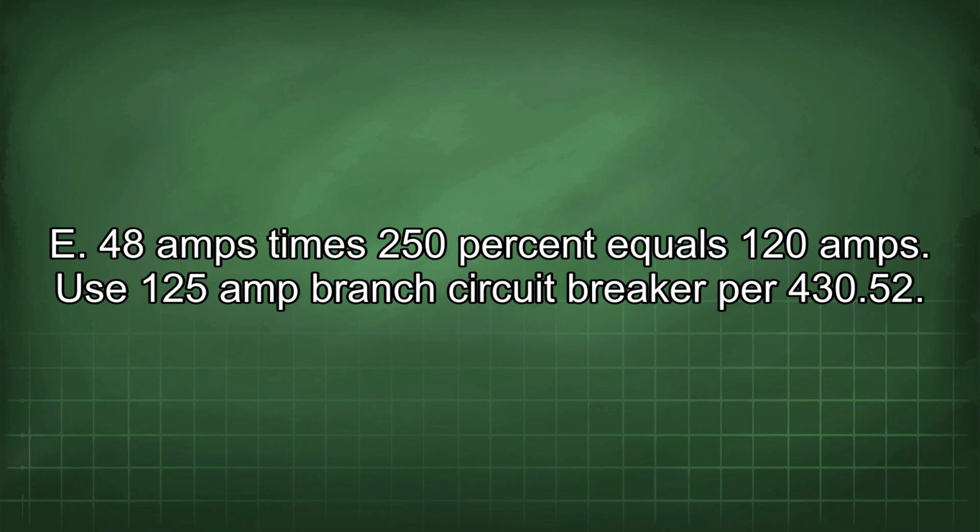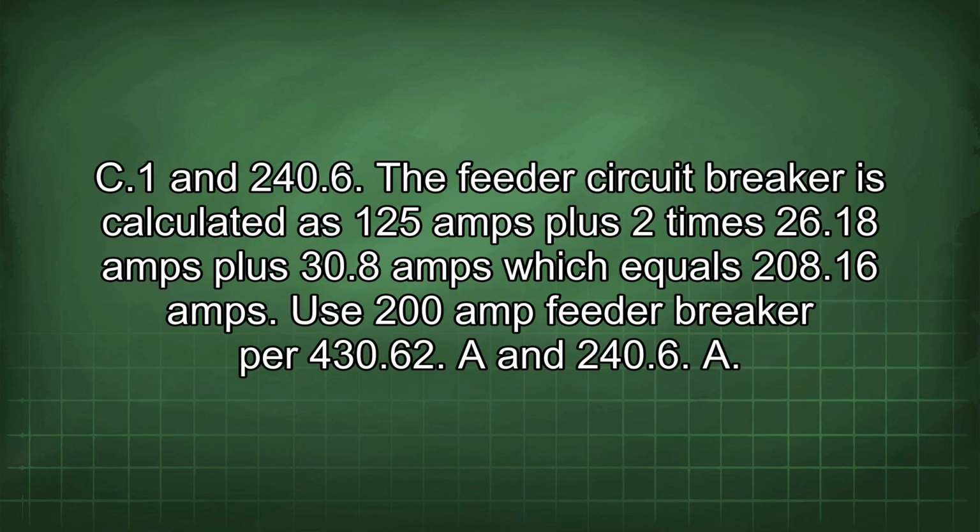Use a 125 amp branch circuit breaker per 430.52 C1 and 240.6. The feeder circuit breaker is calculated as 125 amps plus 2 times 26.18 amps plus 30.8 amps, which equals 208.16 amps. Use a 200 amp feeder breaker per 430.62 and